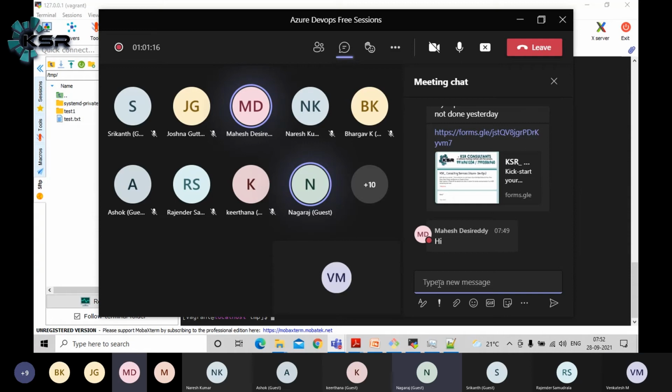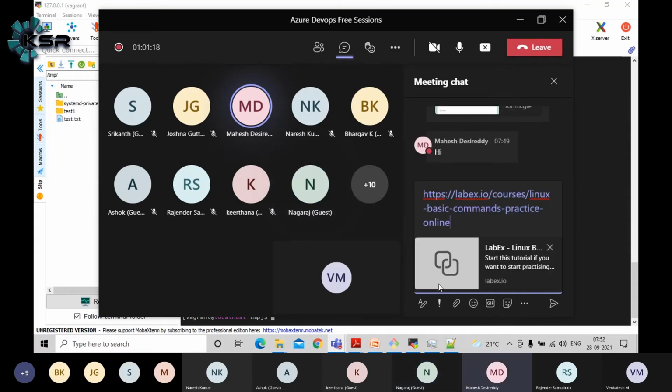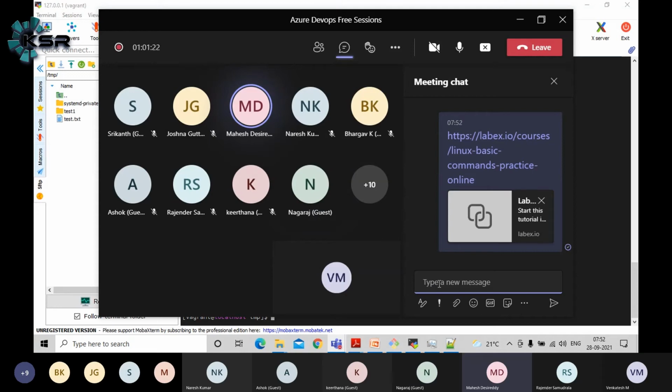Nagaraj, did you share your contact details? Whoever shared, I shared the entire documents and the recorded session yesterday only. If you filled the form, for sure you will get the link. Yeah, the form also I didn't get. I shared the form here in the chat box. Otherwise just give your contact details, I can share within a minute. Okay, I'll ping you.